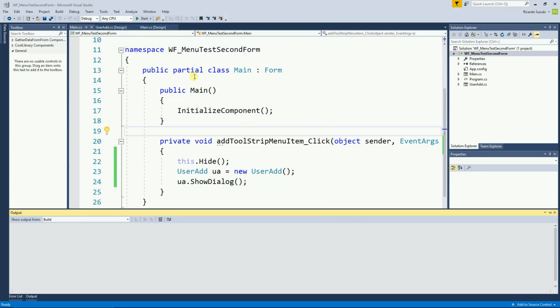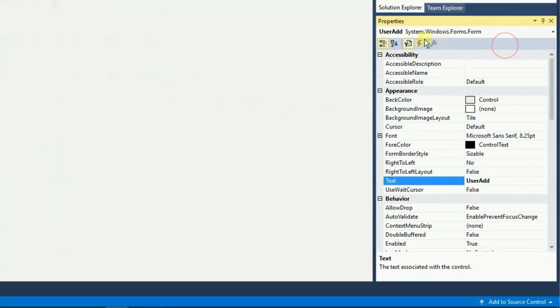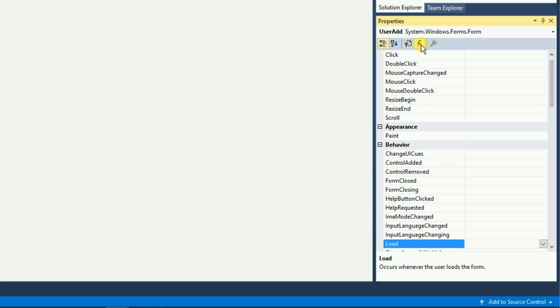So because of that, I'm going to go to the add user design, and then right click properties, and right here on the bottom right I see the add user form properties, and right here I have a little icon with a wrench, and this is the properties. And then right next to it I have the events, so I'm going to click on events, and in the events I have a behavior here called